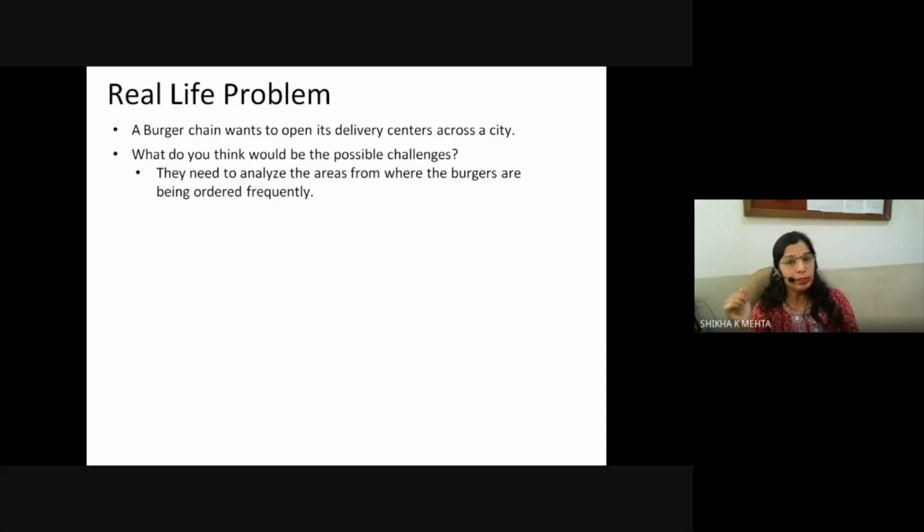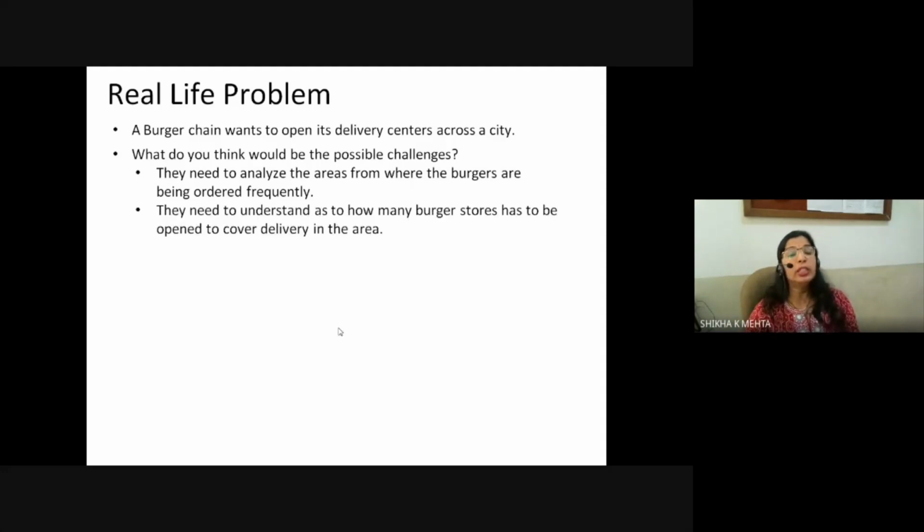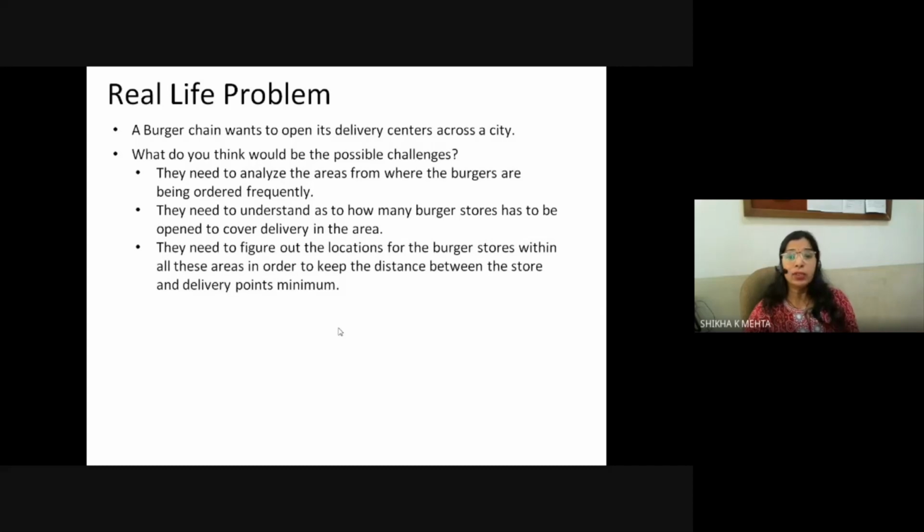So they need to analyze the area from where the burgers are being ordered frequently. Then they need to understand how many burger stores have to be open to cover the delivery area. They need to figure out the locations for the burger stores within all these areas in order to keep the distance between the store and the delivery points minimum. Then according to you,